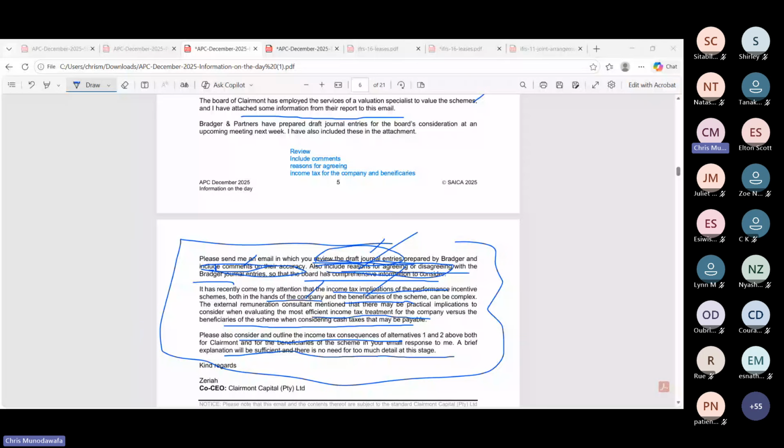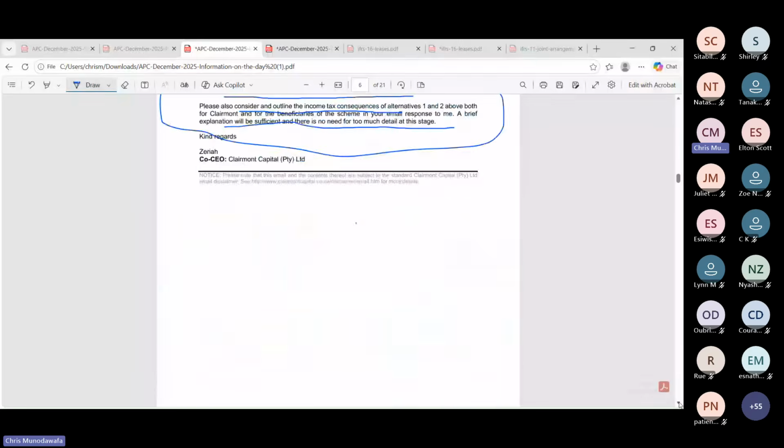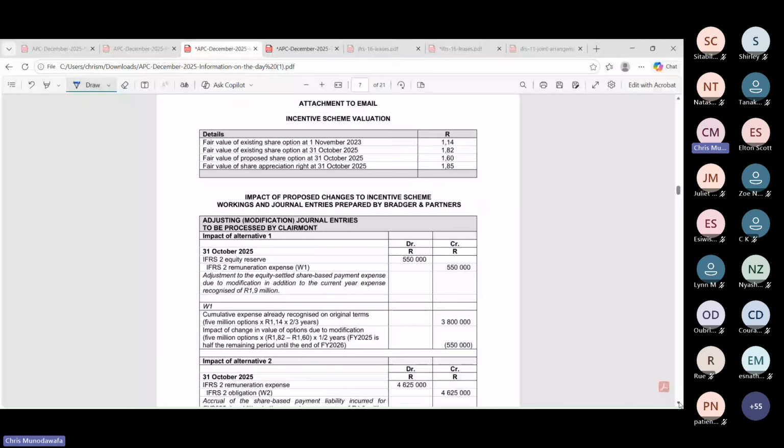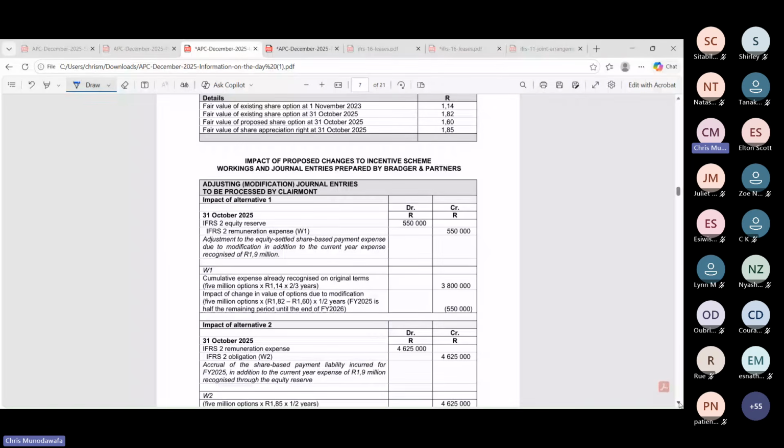Then if we look, they have not agreed there. There are journal entries that were done here, where equity was debited, debit remuneration, then debit and so on. Can you see it? So in the corner there are journals that were already done. So my first asks had not been stated to me. I have to review the journal entry for alternative one, the share option modification. Those are the asks in task B. I have to review the journal entry for alternative 2 if it is a cash settled payout. Then I should agree or disagree, and not only agree or disagree, give reasons.